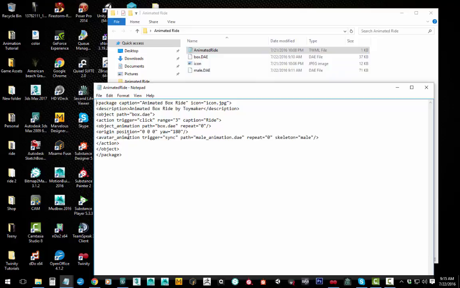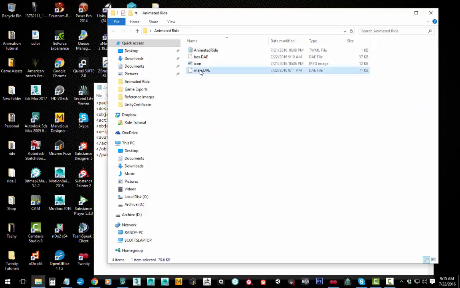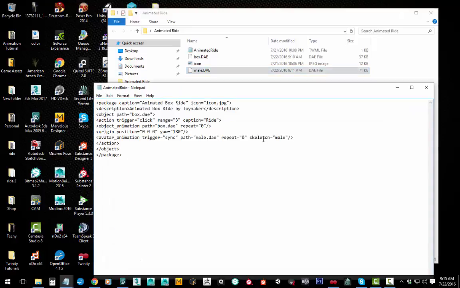It's the same. All right, and then your avatar animation. You want to set the trigger to sync. Path would be, I have that wrong. Male, which is your animation, and then